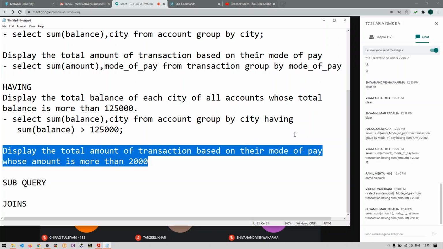I have only said amount is more than 2000. Then why have all of you used HAVING SUM(amount) greater than 2000? The question says only amount, and all of you have written HAVING SUM(amount) greater than 2000.